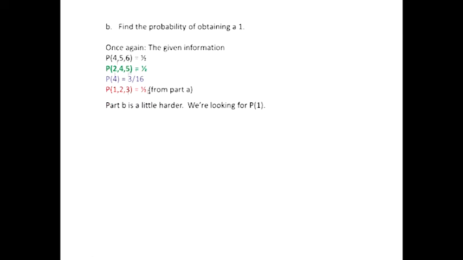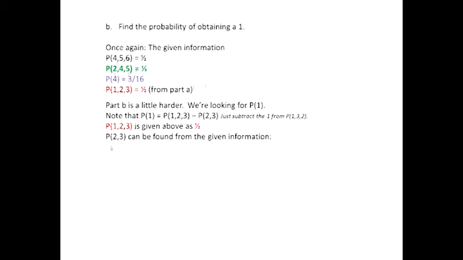Now part B is a little harder. We're looking for the probability of 1. Note that the probability of 1 is the probability of 1, 2, or 3 minus the probability of 2 or 3. So just take away the 1 from this first group. Since we know the probability of 1, 2, and 3 is 1/2 from right here, and we know the probability of 2 and 3 can be found from the given information,